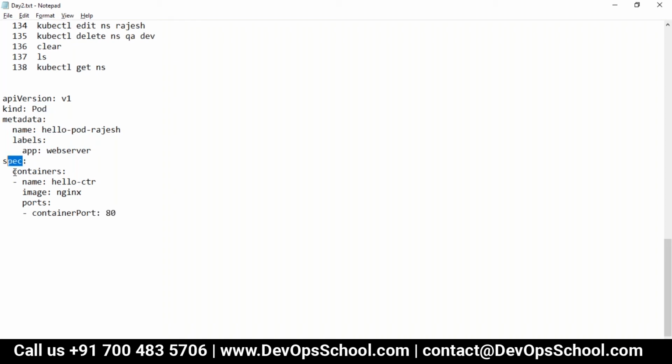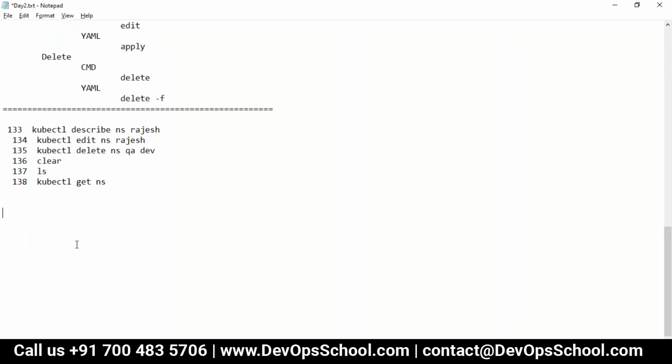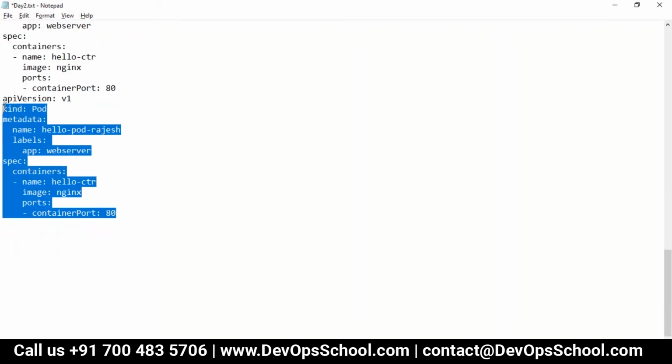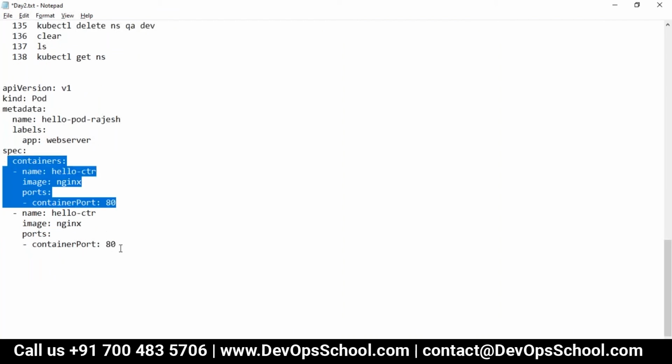Spec, containers. See here, S is S. That means here is only one container. You can have more containers also, like this. Now there's one container, two containers.